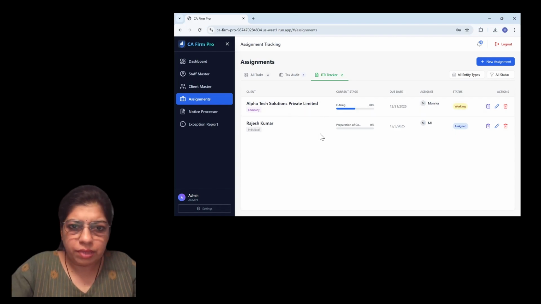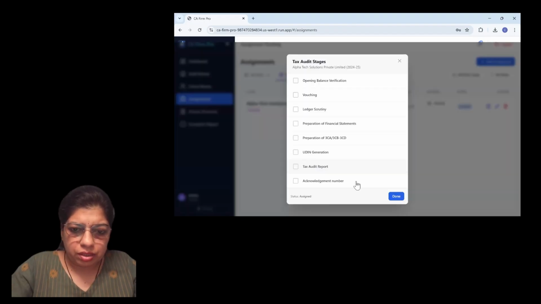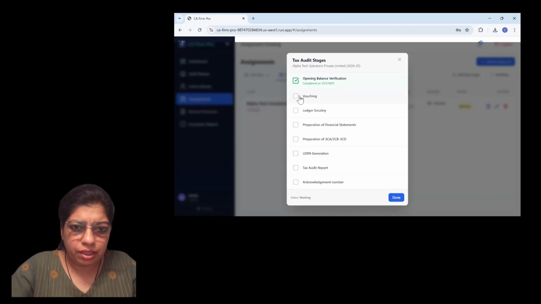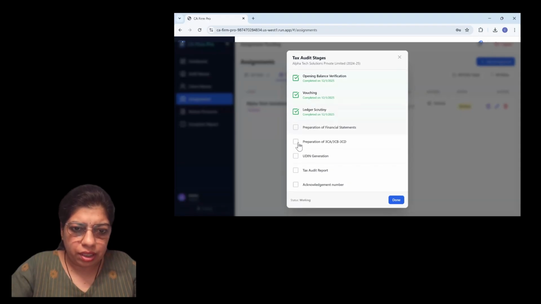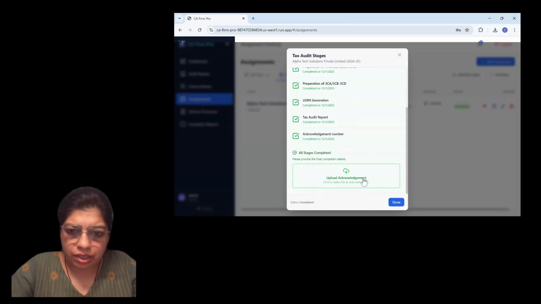Now, similar is the case for tax audit. Here I have given the option for acknowledgement receipt for tax audit, where AI will read and extract the data and autofill the acknowledgement number and date of filing. And here one option, UDIN, which has to be entered manually, is given. Until and unless all the data are filled correctly, the red flag will appear here.